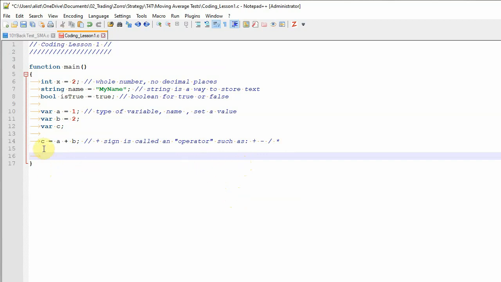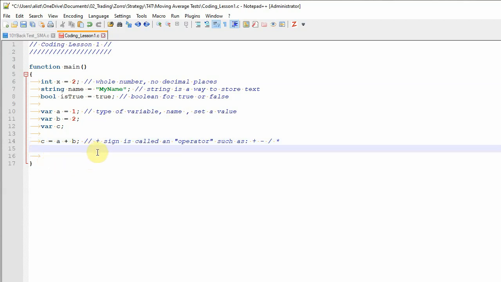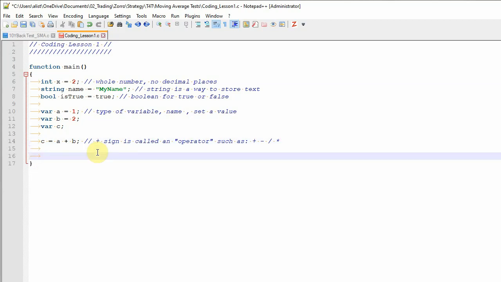So it will calculate C, but we won't know what C is unless we get some kind of output from the program about what C is. So we need some way for the program to tell us what C is. So we're going to use a built-in function called printf. Don't worry too much about what that is, but it's a way to put something into the Zorro console. And we're going to say is equals, and so this line, don't worry too much, we can come on to this at another time, but we're just using this simple function here,